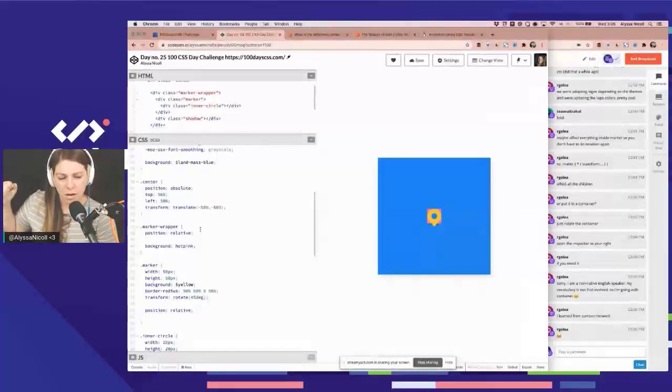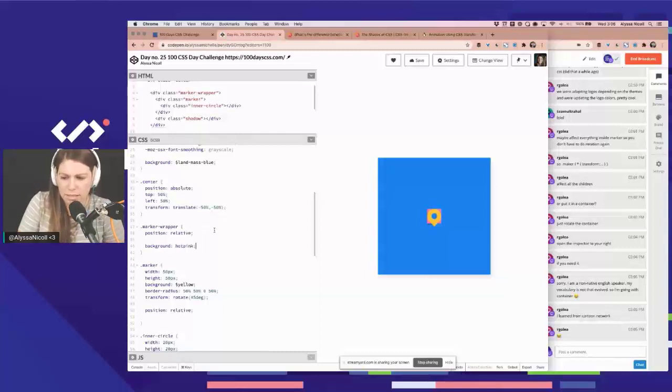Okay. So yeah, that makes sense. Our marker wrapper is only as big as the thing inside of it that's not positioned. So,